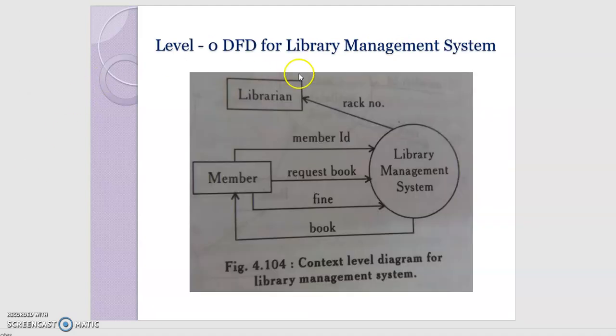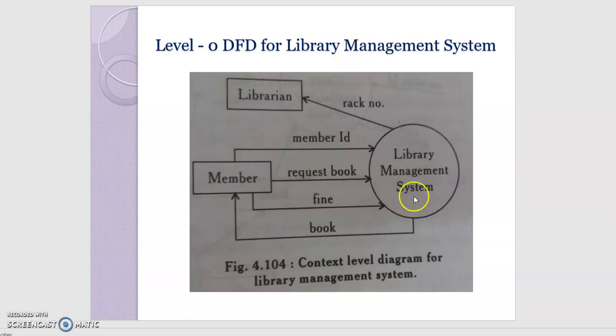See, this is the zero level data flow diagram for a library management system. Then we'll see what we mean by level 0 data flow diagram, level 1 data flow diagram and level 2 data flow diagram. The level 0 data flow diagram represents the entire system using a single bubble.